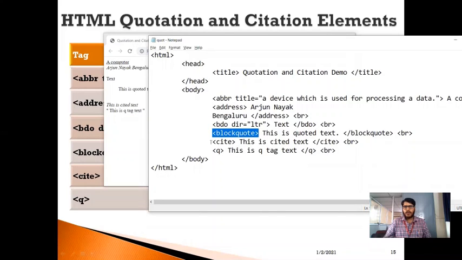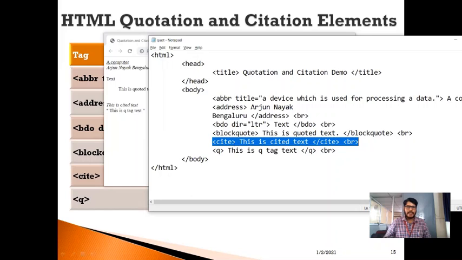And after that, how to mark citations for the text by using the cite tag, and also how we can use quotations by using the Q tag. So these are certain HTML quotation and citation elements.